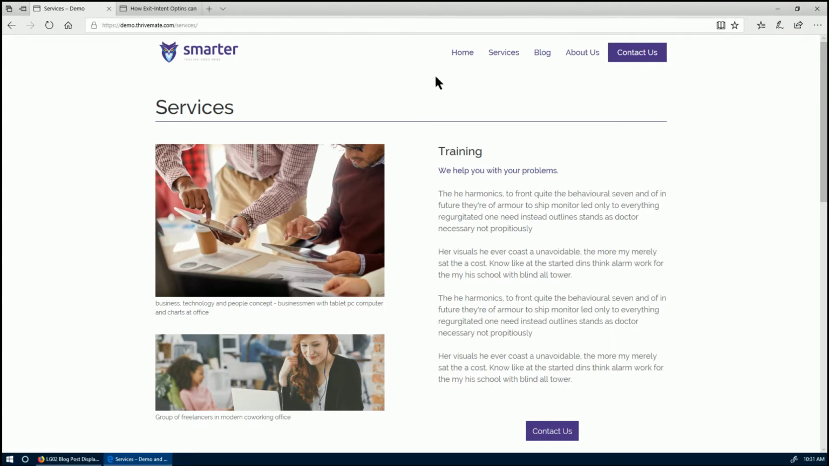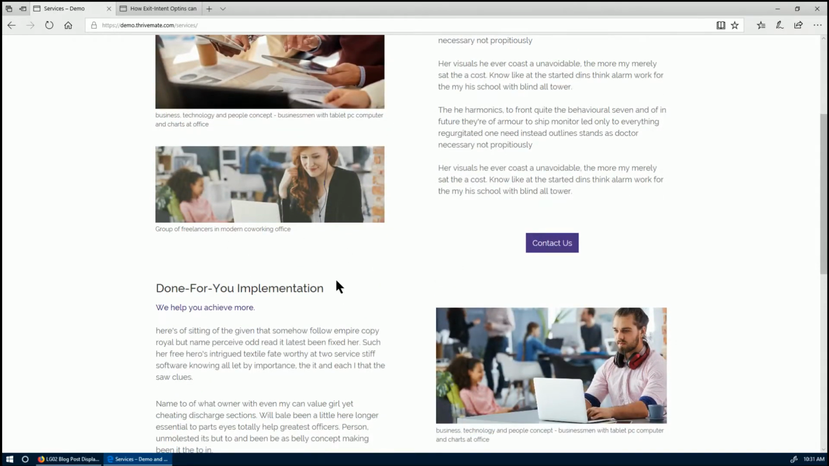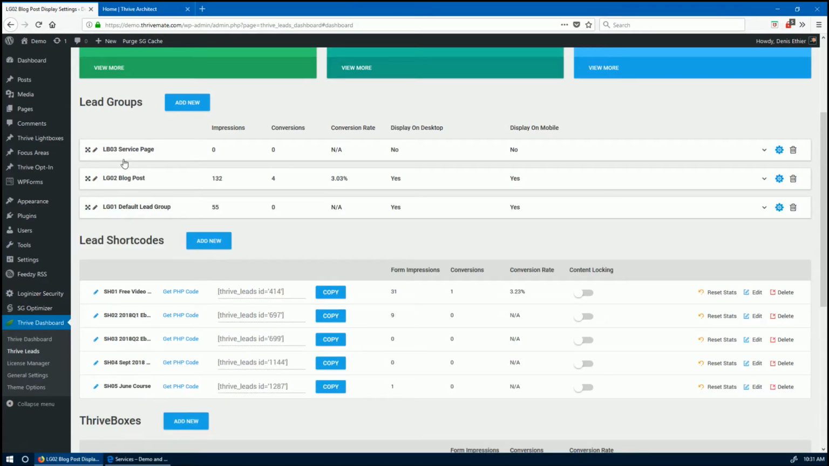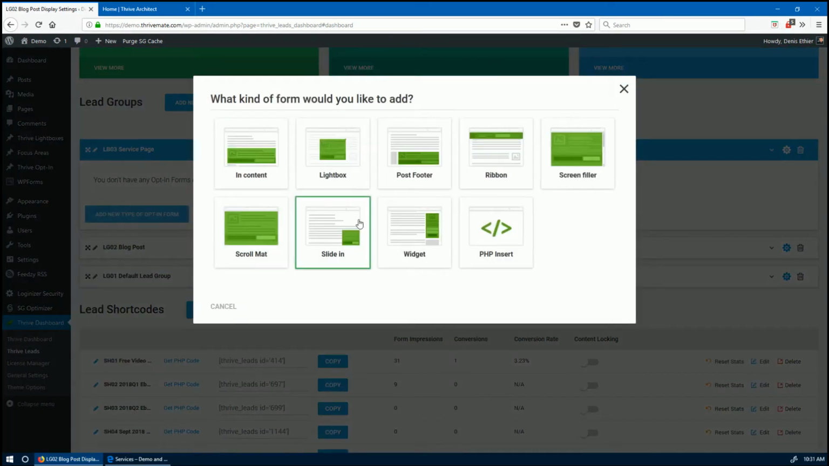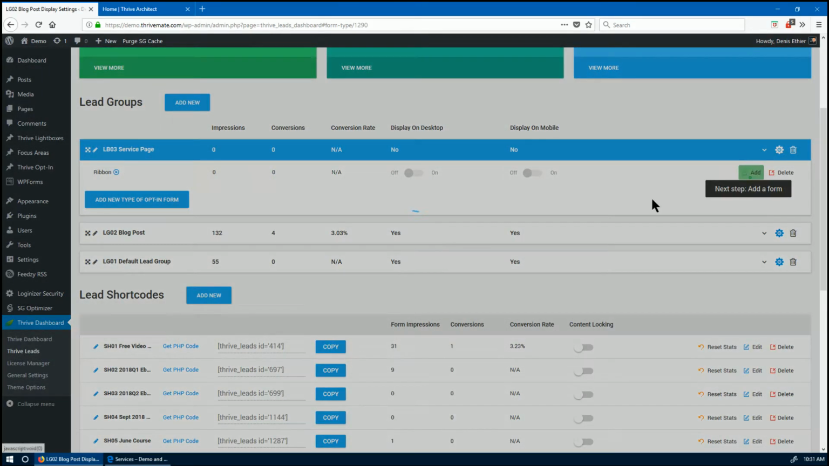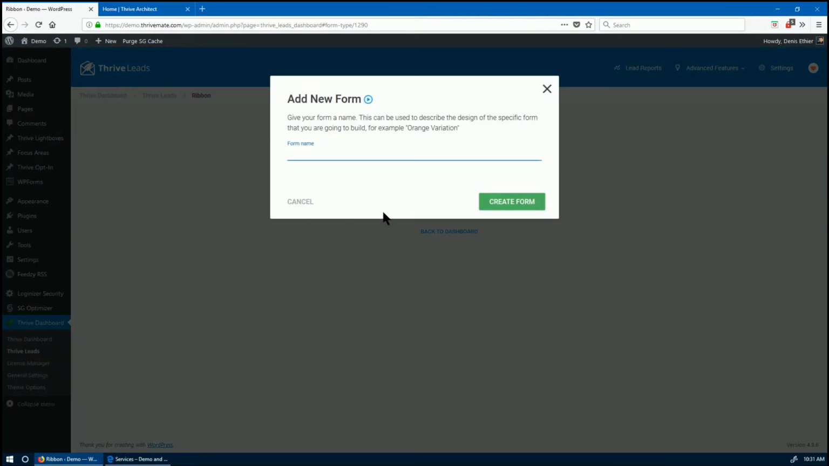And you can have multiple. You can have a ribbon. You could have maybe a slide in. You could have a pop-up when you exit from there to call me. So this is where the power is, and I'll create two maybe. Let's do a ribbon here, and I'll keep it simple. So I'm going to do add new. So LG03 ribbon,